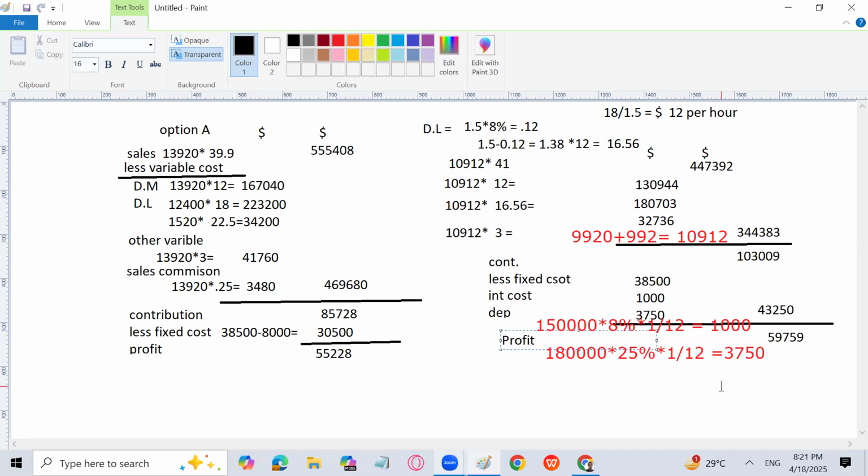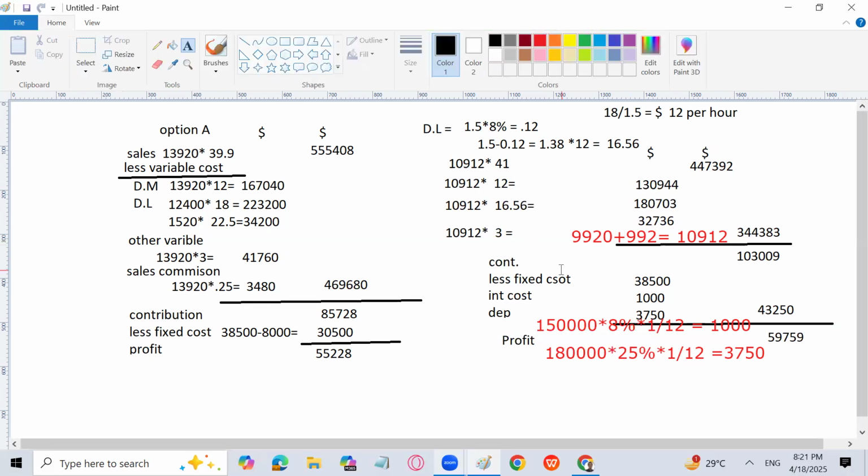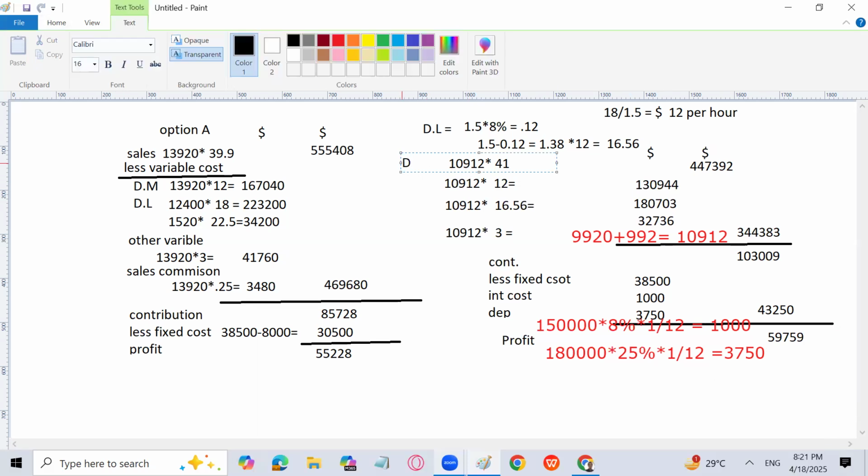So we'll go for option B, but we are taking a bank loan for that. It has to be repaid, obviously. And you know that repayment is not easy all the time, right? But we are having a higher profit from option A and